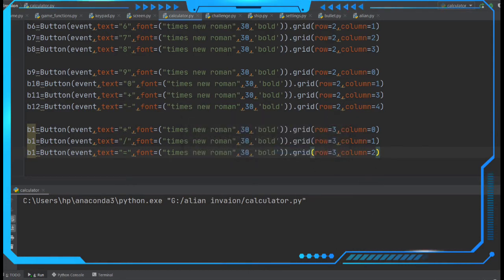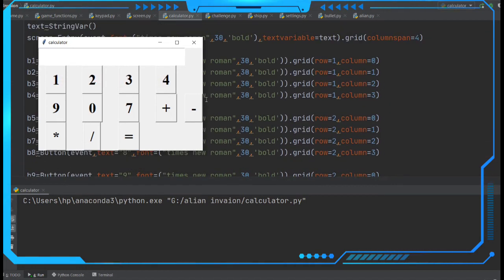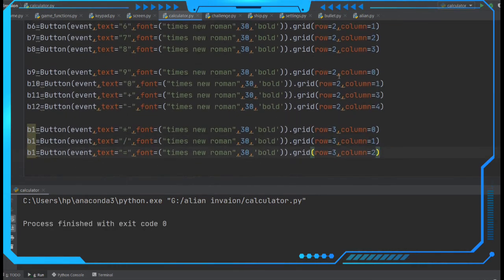It is already running here. Let's run this one again. See here, we are getting this type. We have all the numbers 1 2 3 4 5 6 7. Where are these? 1 2. Here we messed up, it is making 3. We have to make 3 here, and then here we have to make a 4.